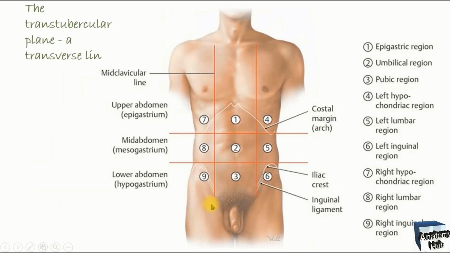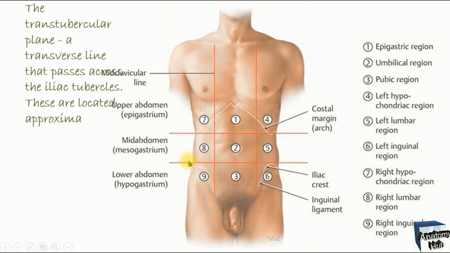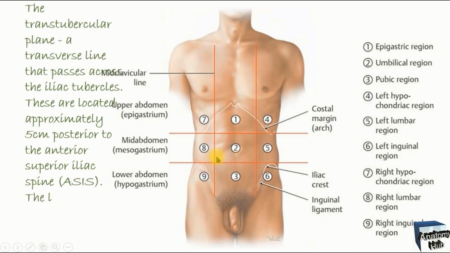Here you will find the transtubercular plane that passes in between the iliac tubercles, and these are located approximately 5 cm superior to the anterior superior iliac spine, or fifth lumbar vertebra. Means you'll find the fifth lumbar vertebra will be corresponding to this tubercular line. So in this way you can divide this anterior abdominal wall into 9 quadrants,